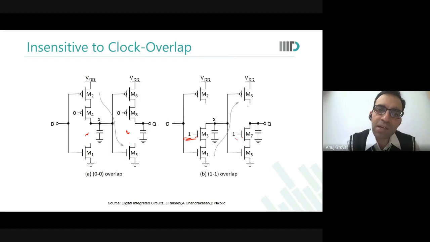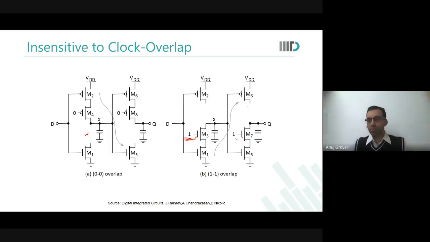तो आपका even though there is some change at the input of this M5, output doesn't change. ठीक है, even if there is an overlap, the sampling is at the edge only. Same you can say about 1-1 overlap.